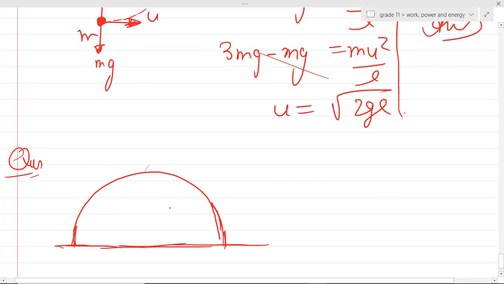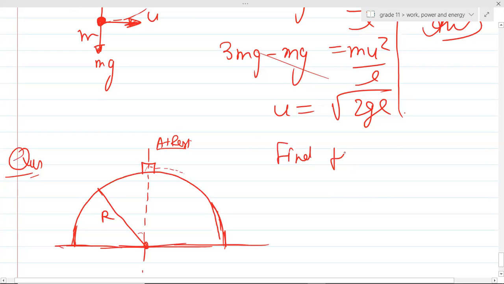And it has a radius capital R. There is a block which is initially placed at rest on the topmost point of the hemisphere. If this body is given a very slight push, then the question is,